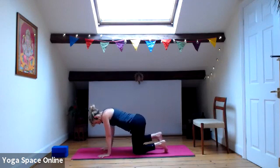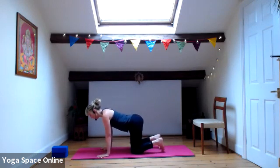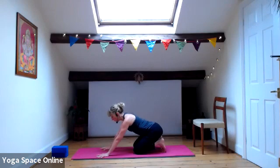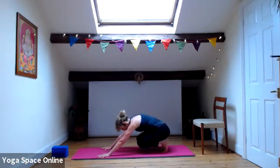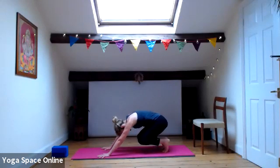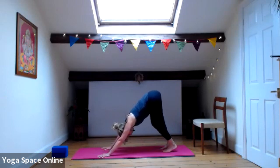Tuck your toes now into the floor. Bring your knees a little bit more forward. So we're going to go into a short downward facing dog. So start to move your hips back towards your heels, breathe in. And then as you breathe out, lift your knees off the floor. So you get a nice stretch through the feet, drop your head and come up into a bent knee, downward